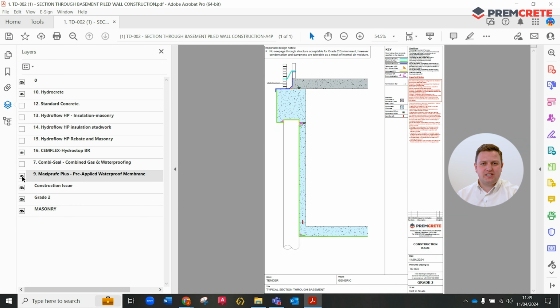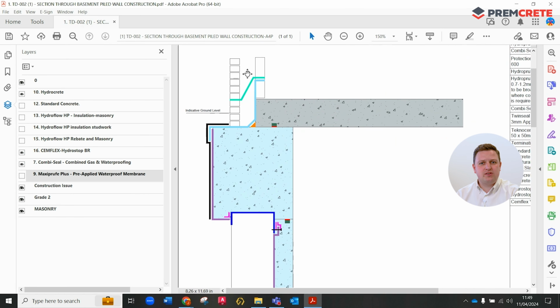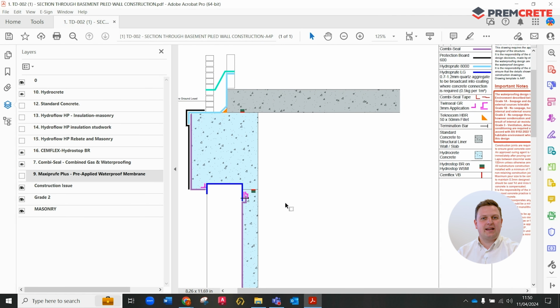Therefore, we can turn off the MaxiProof Plus layer and turn on the Combi Seal, which is a combined gas and waterproof membrane. As you will see, the positioning of the membranes remains the same. However, the system products will change, and the interface between the capping beam and the secant or contiguous pile will have a different product coating. Again, automatically updating through the layer functionality within the key, you'll see the product changes